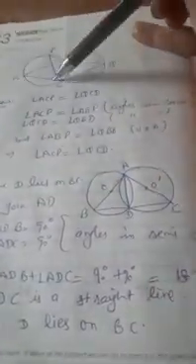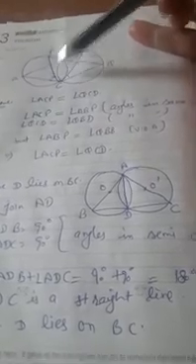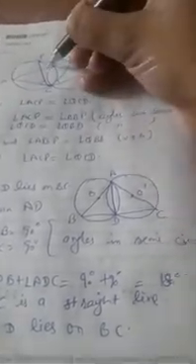Now let us see how to do it. See here, angle ACP is equal to angle ABP, because angles in the same segment are equal. Now this angle is equal to this angle, by the same reason, angles in the same segment, but these two angles are vertically opposite, so these two are equal. If these two are equal, then these two will also be equal. This is our result.